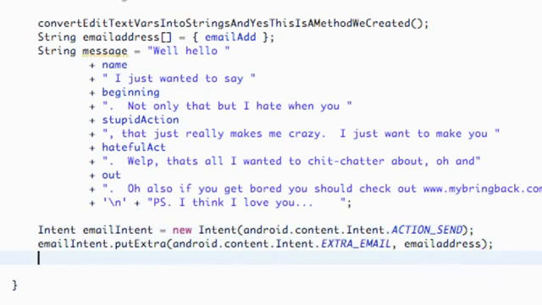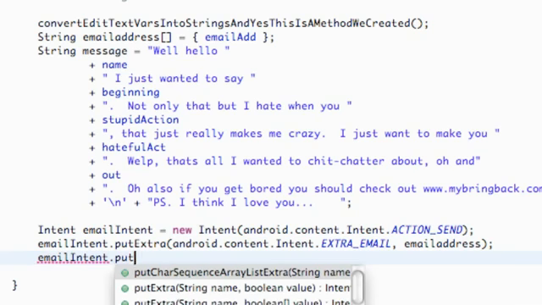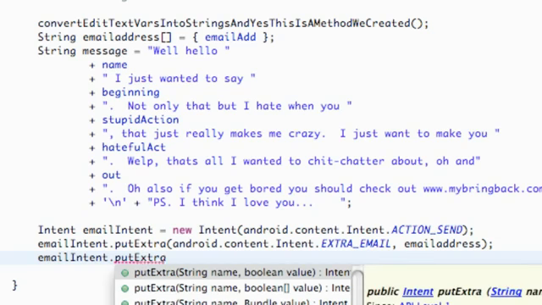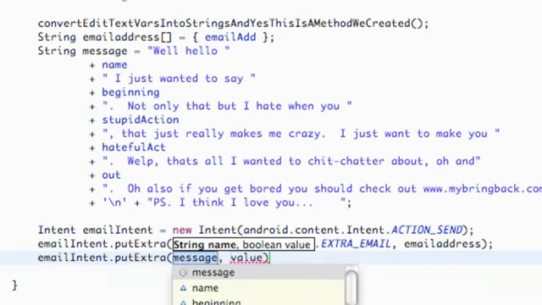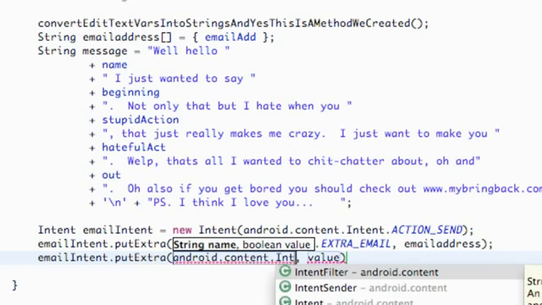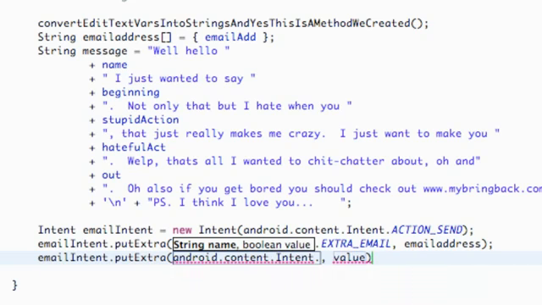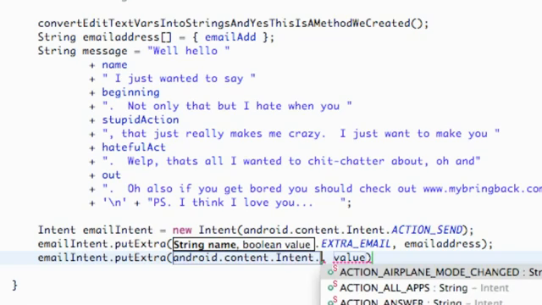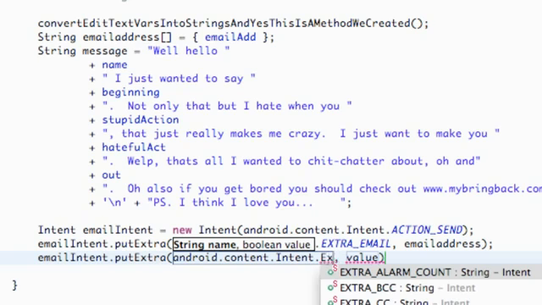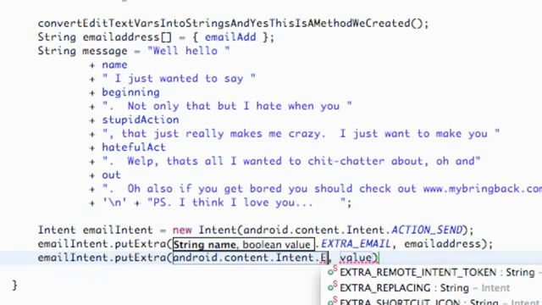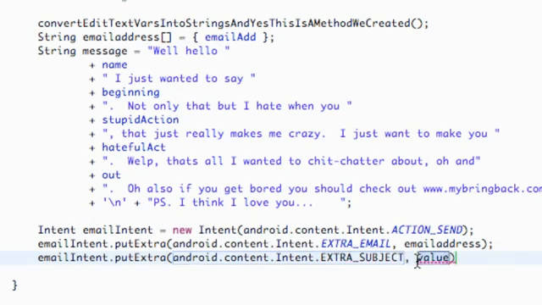Let's put some other things within this email. So we're going to say emailIntent, adding to the intent again by saying putExtra. And we're going to now add the subject of the email, and we're going to say android.content.Intent. And again, if you guys ever want to build an email, for the most part you probably aren't going to remember all these action names, so we're just again building kind of a reference pack that you guys can use later. So what we're going to say now is EXTRA_SUBJECT, because it's going to be the subject of the email, and we're going to say